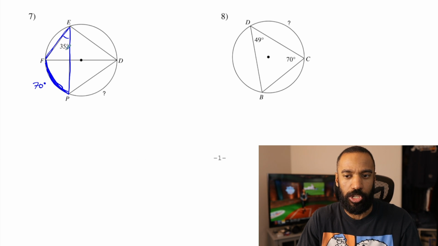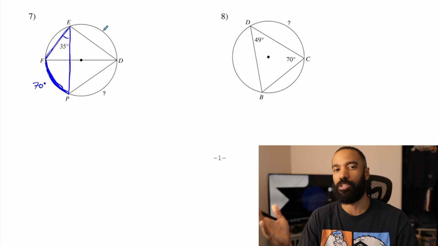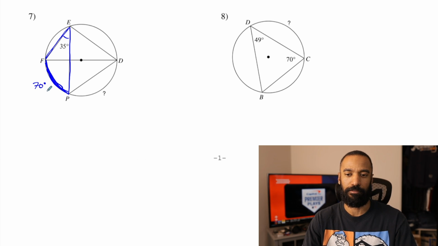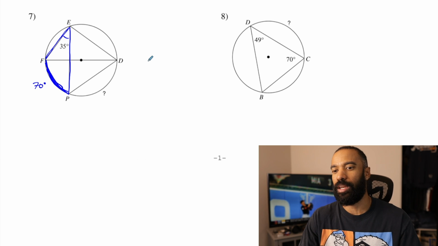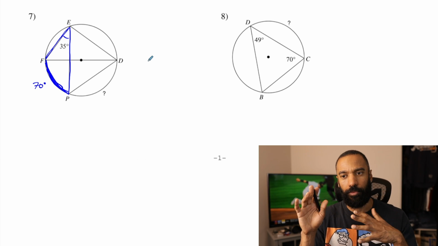This is an example of me showing less work because I have a lot more to piece together. It's like, where does the 70 come from? Let's go ahead and label and put it in. Now, they're asking about the question mark here, and there are 2 different ways we could go about the